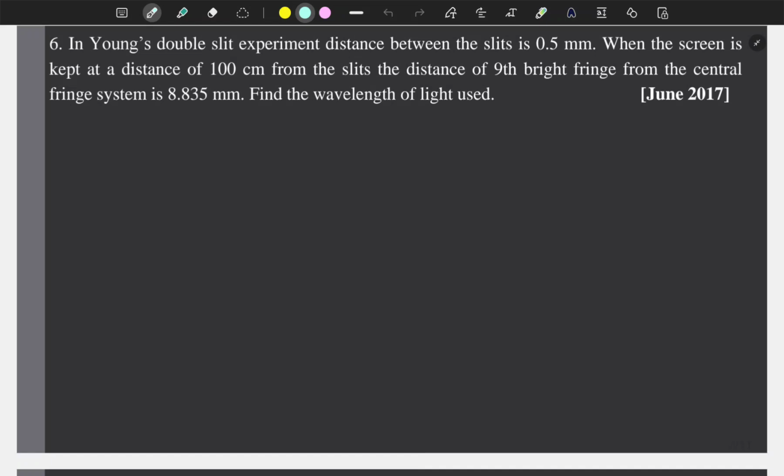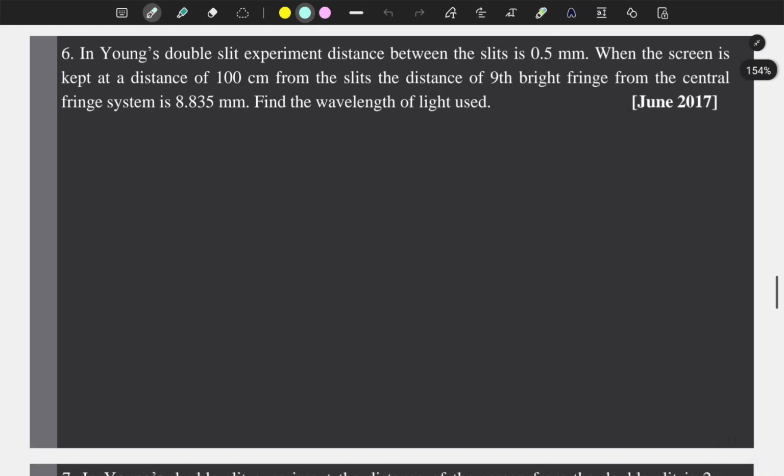In the last video we discussed 5 numerical questions from the chapter wave optics. Let us solve a few more questions from the same chapter, wave optics, on Young's double slit experiment. Okay, so here we have the sixth question: in Young's double slit experiment, distance between the slits